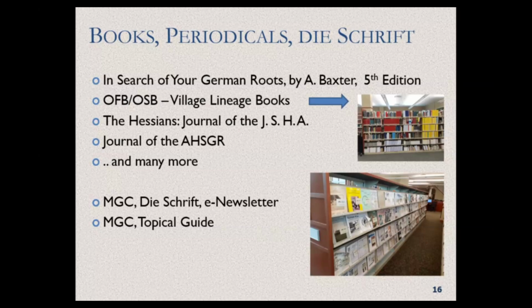And village lineage books, I pointed there to those yellow books. As you walk up the stairs, you can immediately see upstairs in our building those yellow books from Ostfriesland, if your ancestry is from the northern tip of Germany, up north. So it is these yellow books from those villages, from those places. And then you can go back more generations in time.